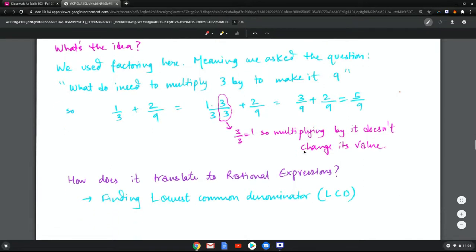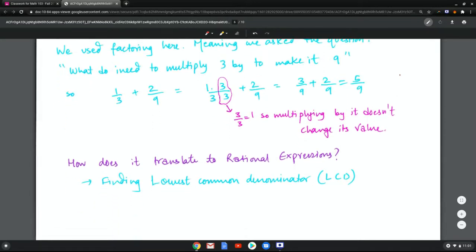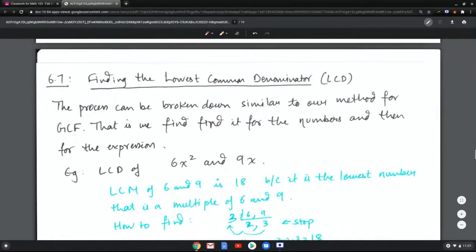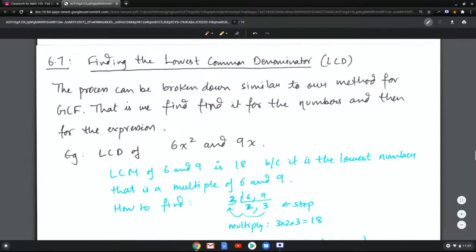Now, how does it translate to rational expressions? This comes down to finding what is called the lowest common denominator. The process of finding the lowest common denominator can be broken down. It's similar to our method of greatest common factor, which means we find it for the numbers first and then for the expression. For example, finding the LCD of 6x squared and 9x. The LCM of 6 and 9 is 18 because it's the lowest number that is a multiple of 6 and 9. Another way to find it is you start with the numbers you're trying to find an LCM for,